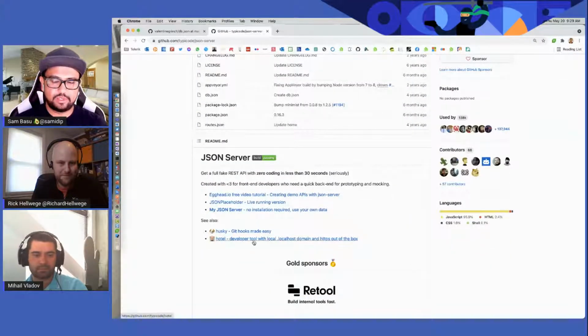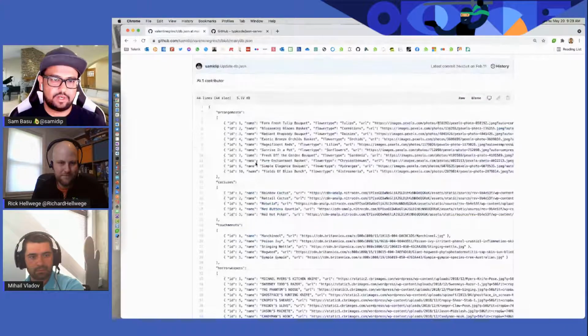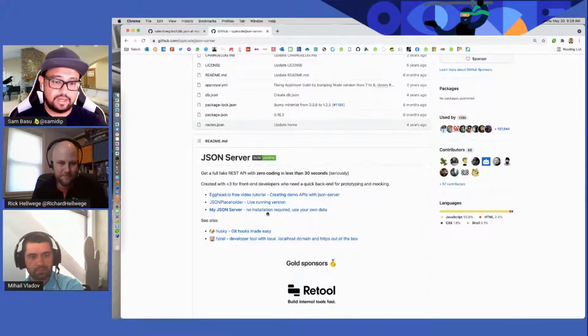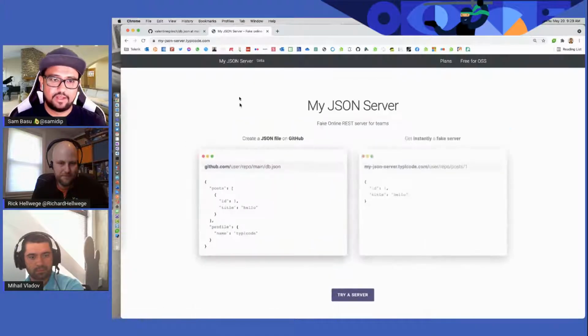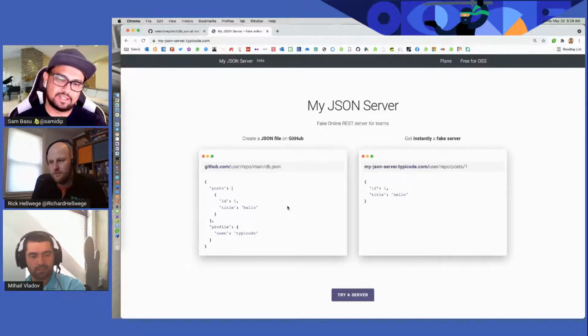And what they do is they just do a little bit of magic to read something out of your GitHub repo. So this db.json is just sitting on one of my repos. They can actually read off that. So it's just called My JSON Server. So look this up, and then that's it. They can read your JSON and expose that as an API. So this is just really easy to test.